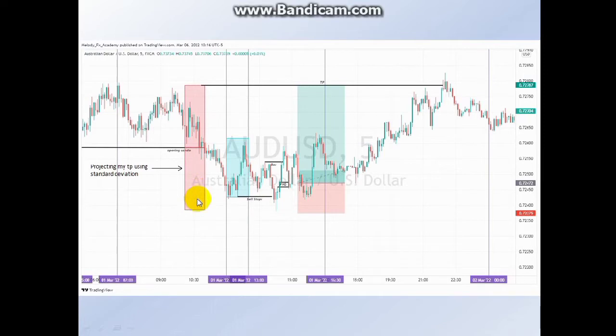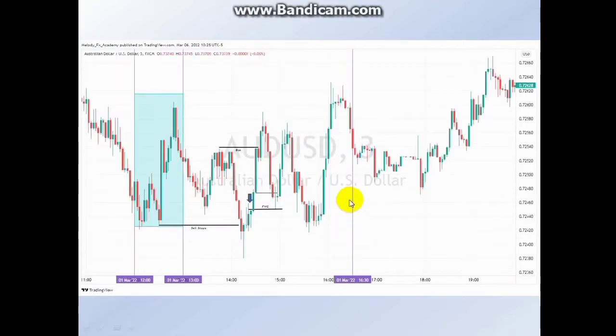I measured the range of the movement below the opening candle for the day, and I cloned it and projected it upwards and used it as my TP, okay. And you can see as well equal highs. So what will be resting above these equal highs is buy side liquidity, okay. So price traded nicely and hit our TP right there, okay. So okay, now projecting, going down further,